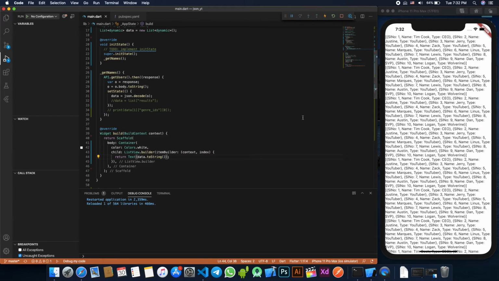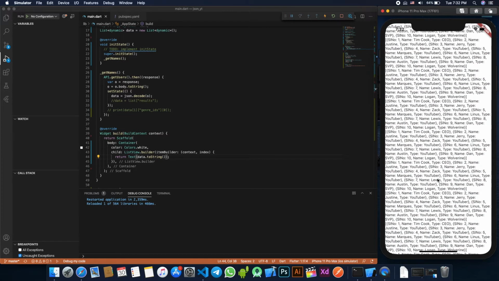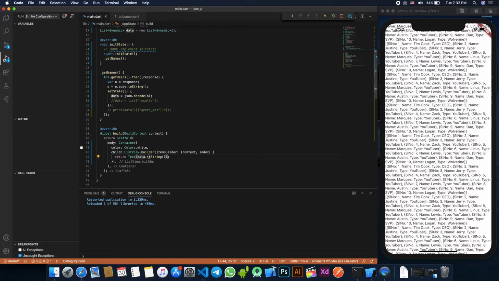Now you see this, we have so much data here, right? Because it's printing each and everything. It's printing each and every data. So what I'll do, I'll print with index.